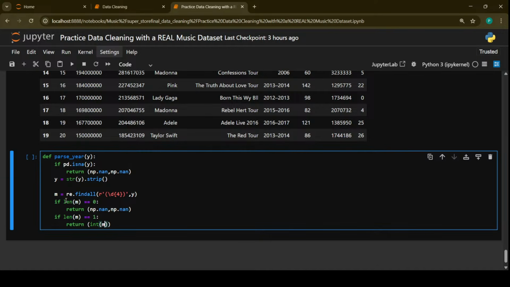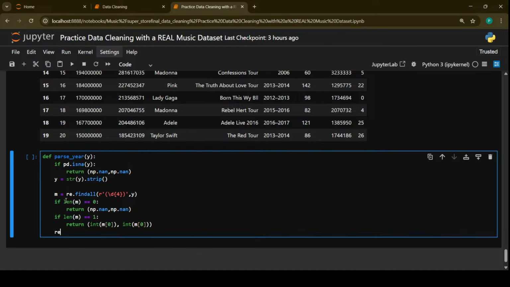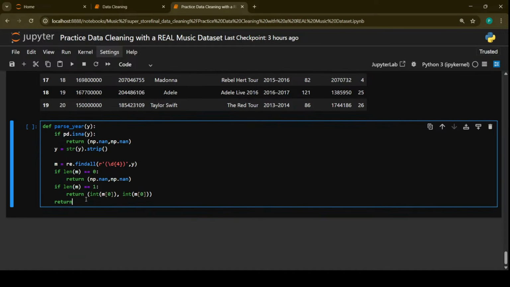So int(m[0]), extract the first value, and use the integer function, then extract the integer m[0]. And if these two conditions are not satisfied, then in the last, in the function itself, return